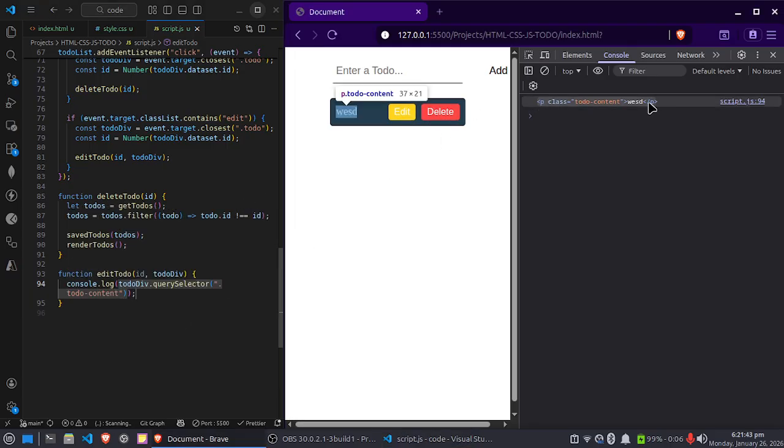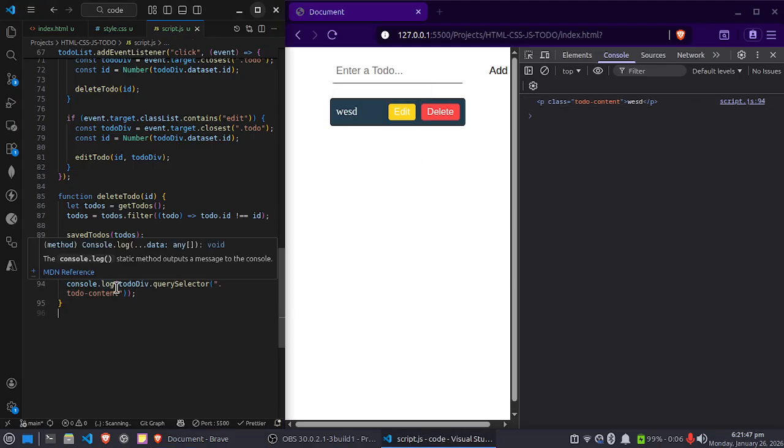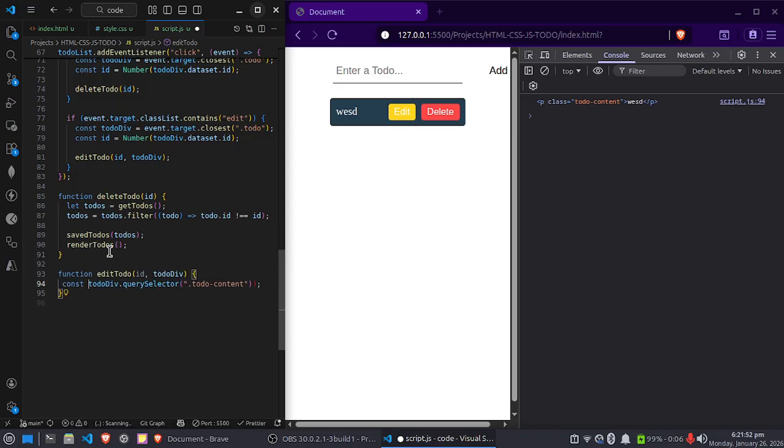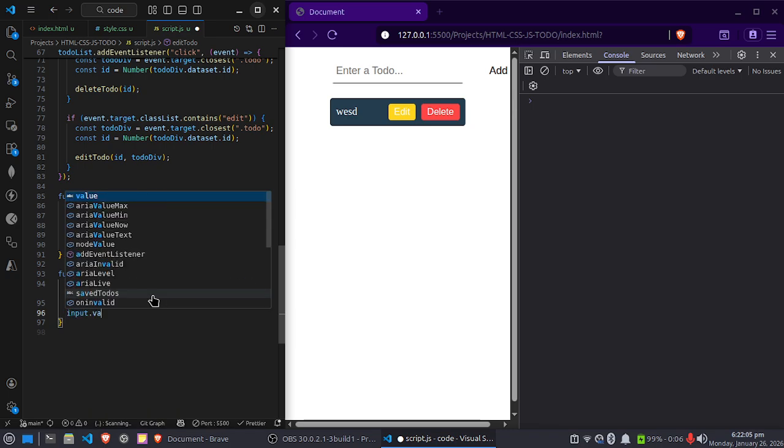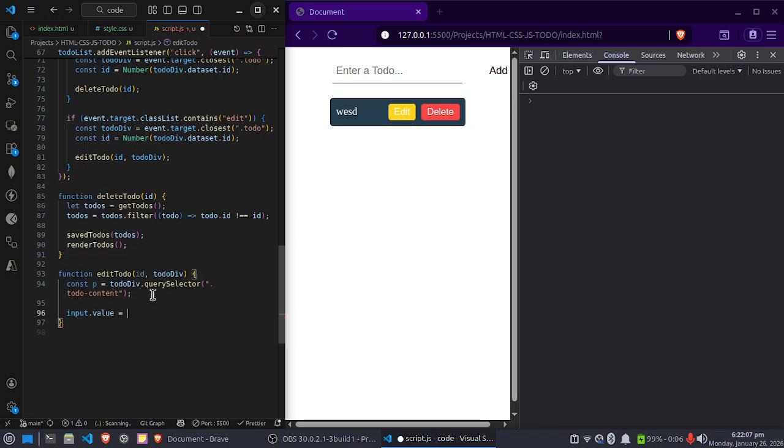When I click, I get this paragraph tag here. Now just get the value of p here. Const p equal to, meaning a paragraph. I get the paragraph value, and inside this input.value equal to p.textContent, because